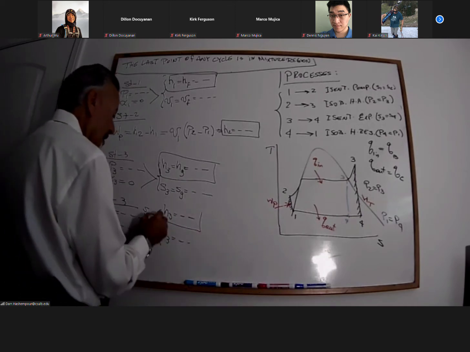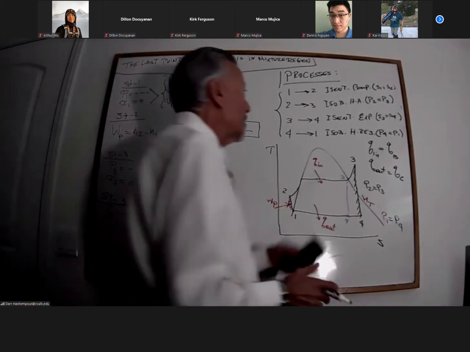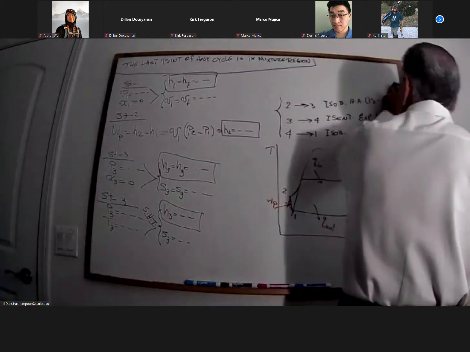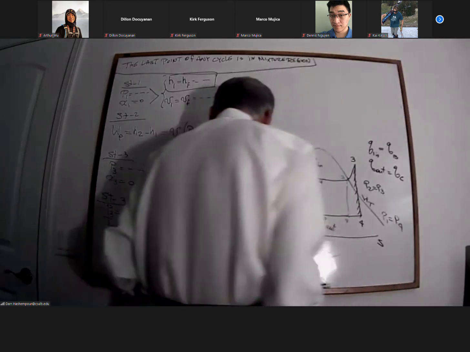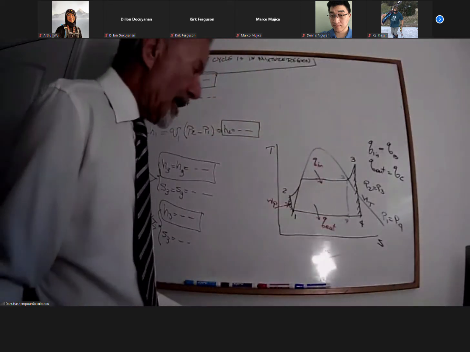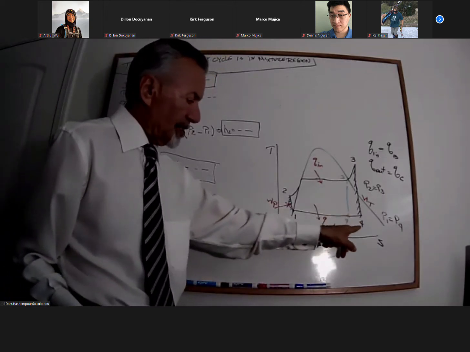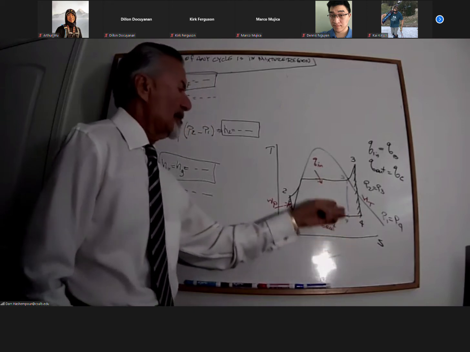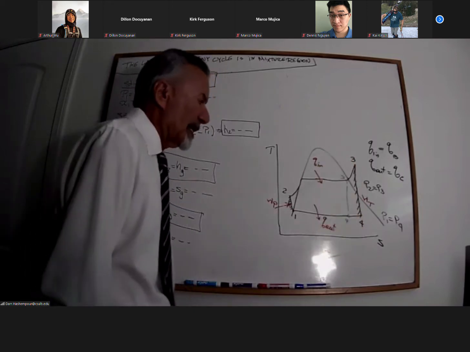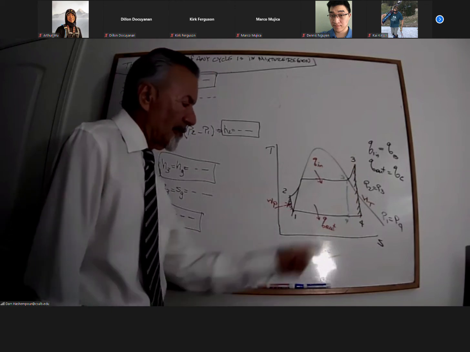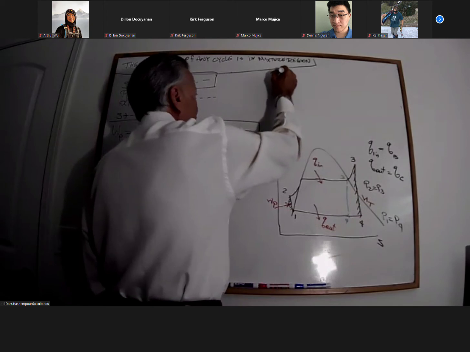So now I have to go to state 4. State 4 is time consuming. For any point that is in a mixture, it doesn't matter whether it's an ideal or simple Rankine cycle. For state 4, we need to do the following. At state 4,